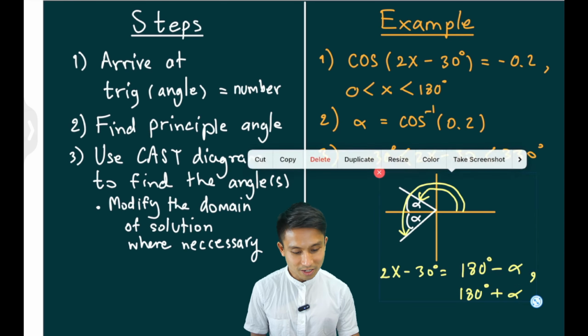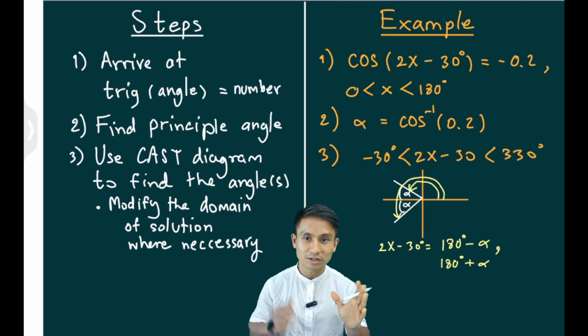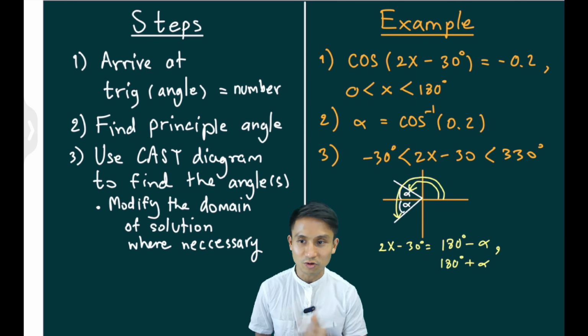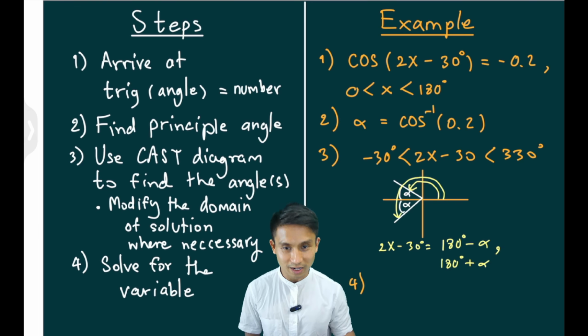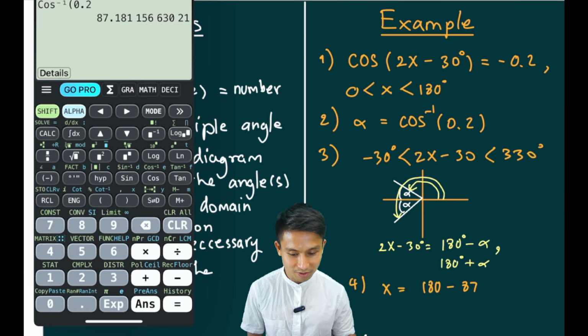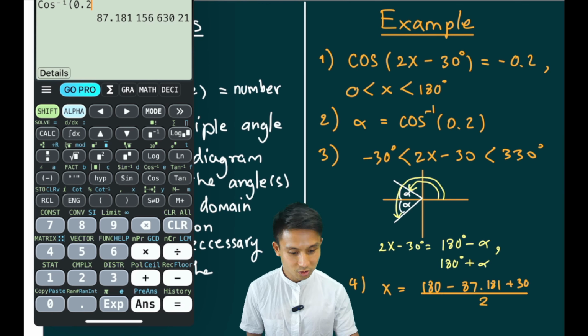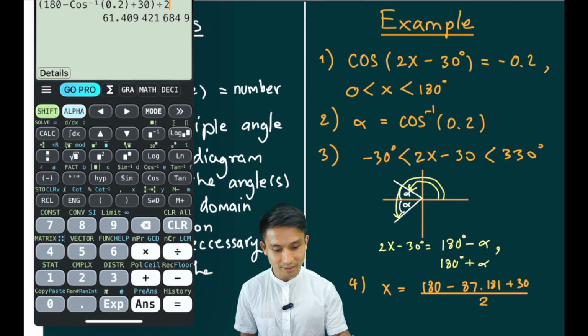The last step here is just simple, in case you have the angle expression a little more complicated than just a single variable. So the fourth step here will be to solve for the variable. Just solve for x. So I'm going to write here x equals 180 minus alpha, so 180 minus 87.181 plus 30 first and divided by 2. So basically I'm solving this equation here. That will be the answer for just x, which is